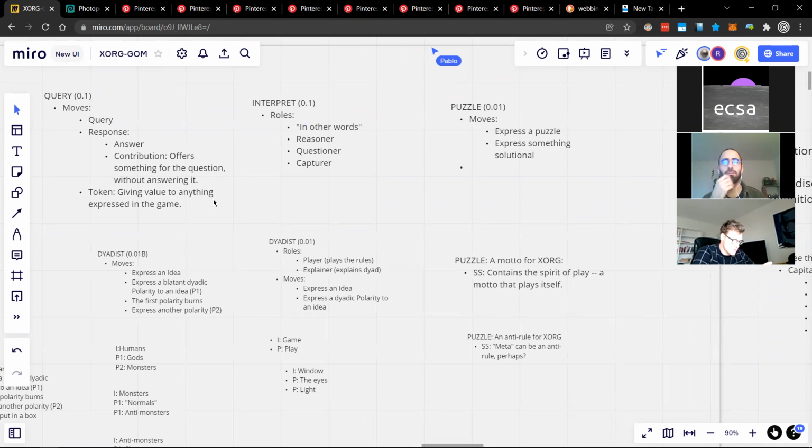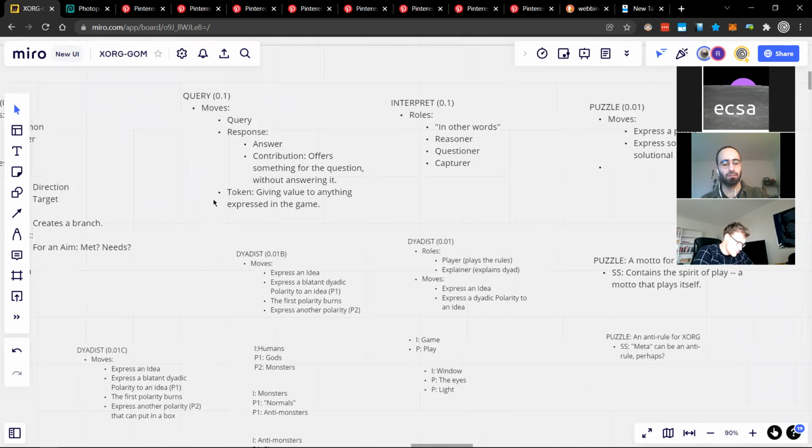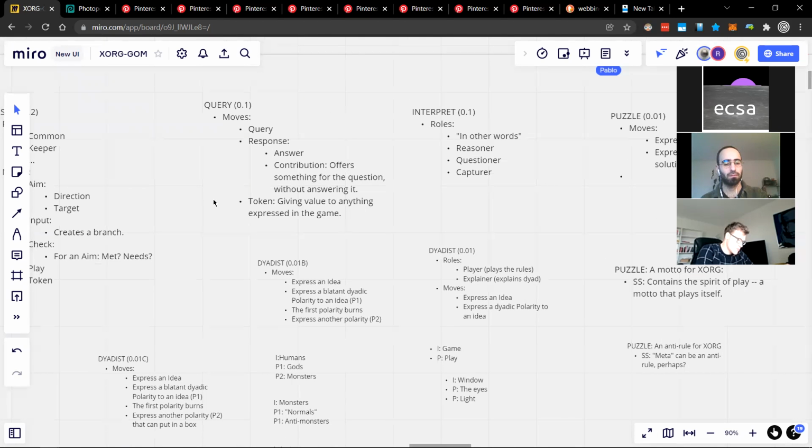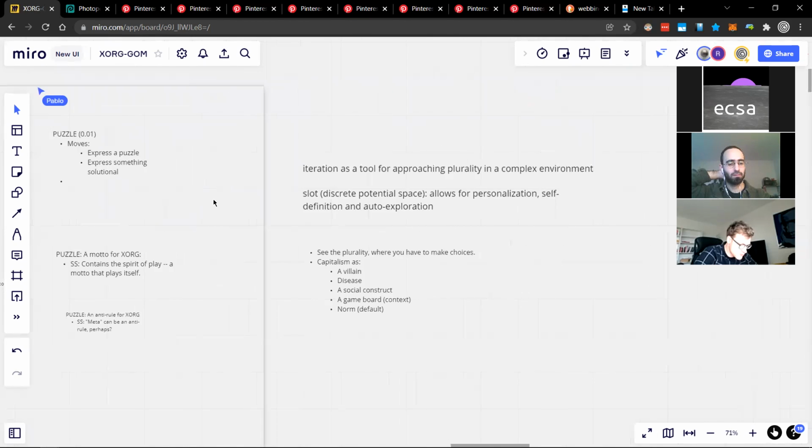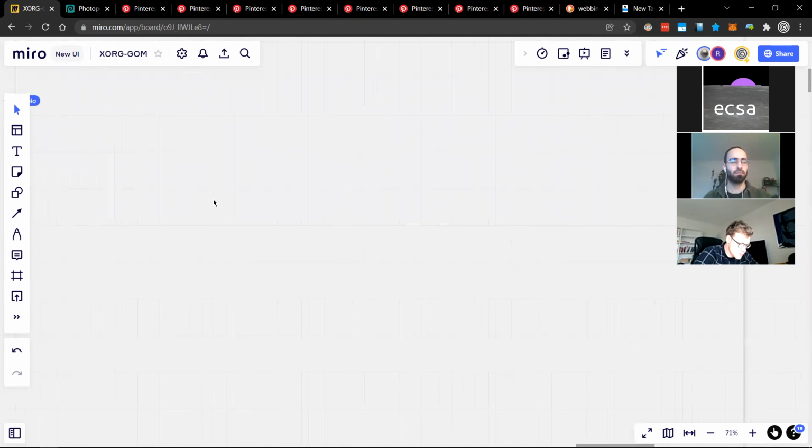But you can also say the mechanics are filters to the situation. If we're having a normal conversation, but we also have query mechanics, these moves like making a query and making a response, it's filtering the situation as well. So in essence, it is also layer-like, if that makes sense. If it doesn't, tell me.